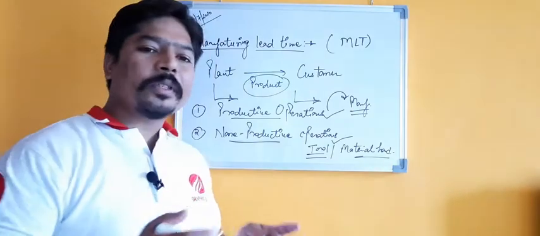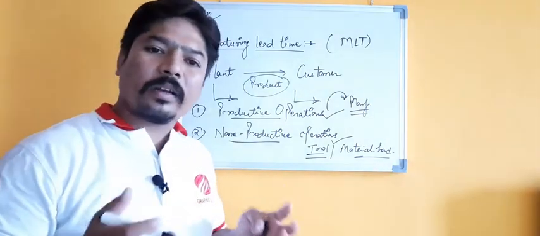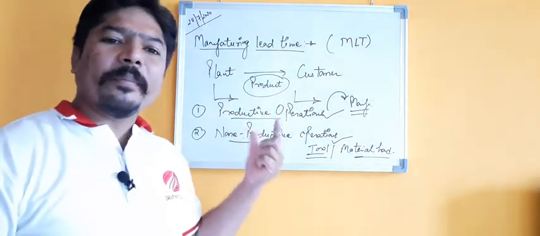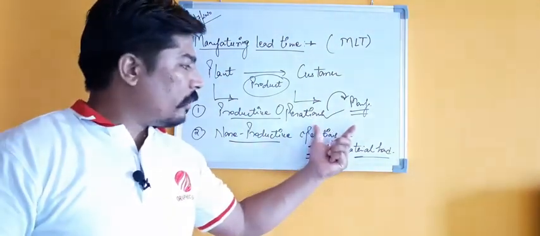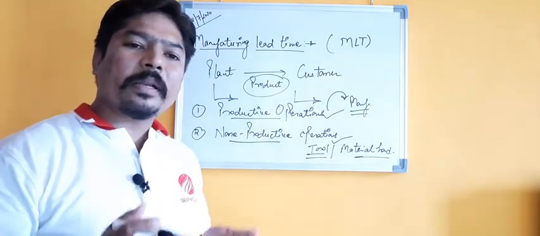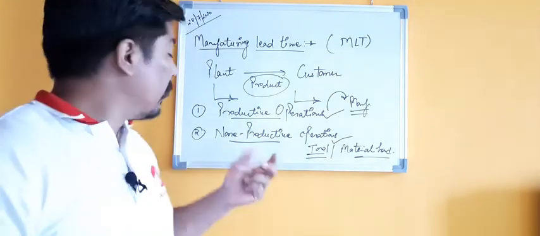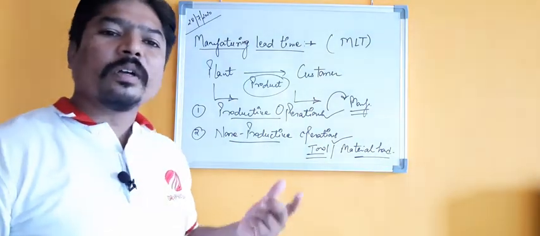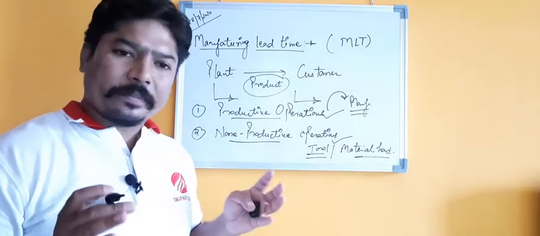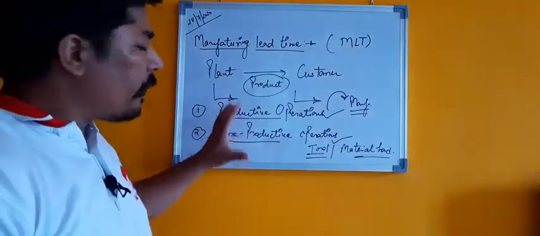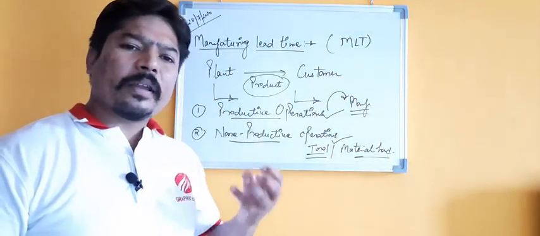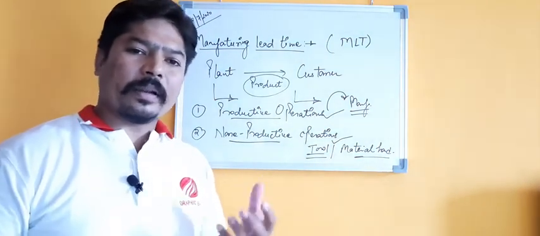So these are operations which come under the category of non-productive operations, but at the same time these operations are very important in any plant or factory to complete your product, or to complete the manufacturing of that particular component. Without these operations we are not able to manufacture our component, our part or our product in our factory. Here we categorize these two kinds of operations, which is very important to analyze the manufacturing lead time of any company, plant or factory.